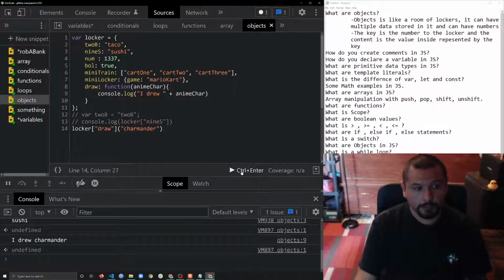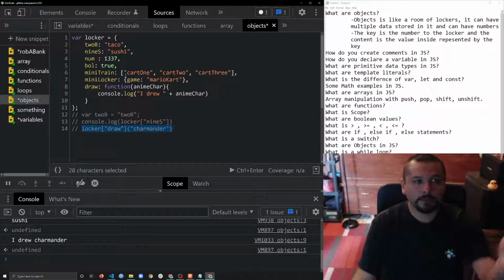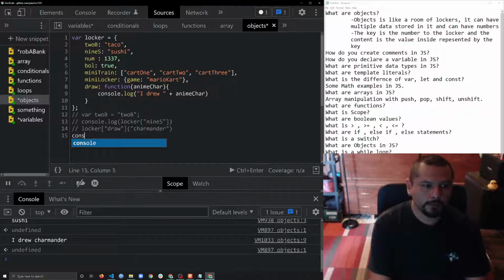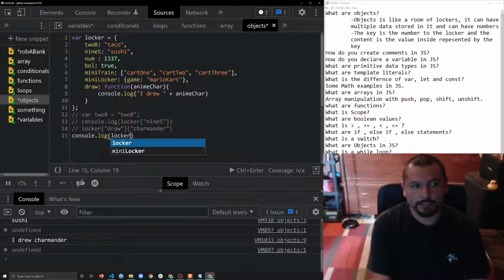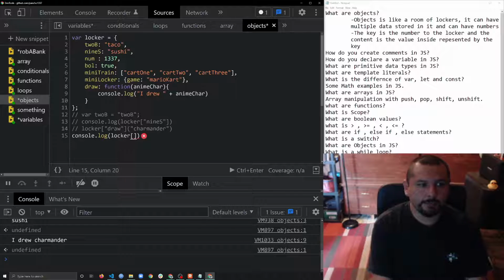So if we run it, we can see I drew Charmander on the bottom. You can also access multiple things within here. For example, let's say we're trying to access Mario Kart. Let's console log it. So let's do console.log, and we need to say locker because Mario Kart is inside locker. And inside of there is mini locker,